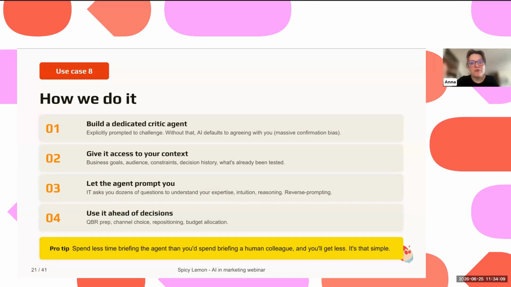And we can once again update this sparring partner every month by saying, okay, based on our discussion this month, could you please ask me more questions to understand why I have made some of the choices I have made, and to really rework the initial prompt together to make it as relevant as possible. And this will allow you to always have the same document internally.